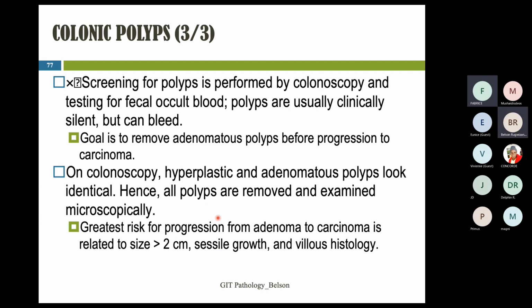So when someone has polyps, screening should be done by colonoscopy and fecal occult blood test. It is a test done to look for blood in the stools. If it is there, it is an indication that there is probably a cancer. When your occult blood tests are positive, that is when they can do a colonoscopy. Usually they start with the less invasive test, then you go to the more invasive colonoscopy, they find the region, they find the tumor, and they do a biopsy for